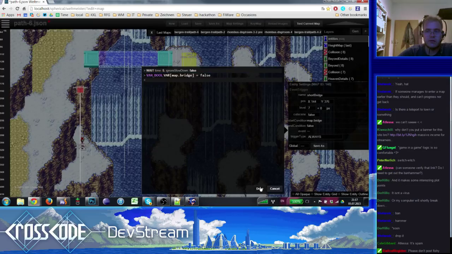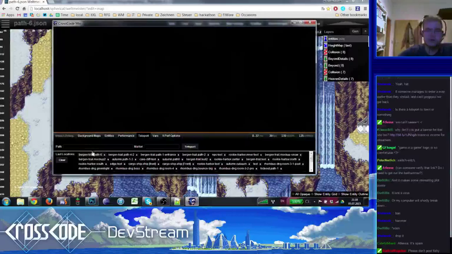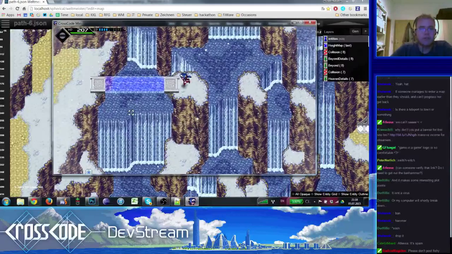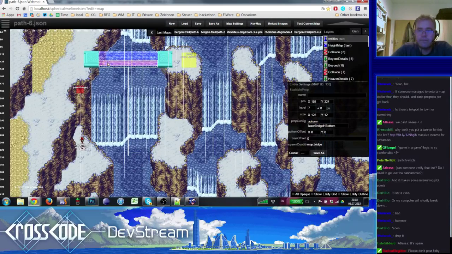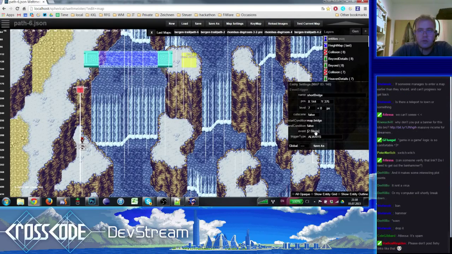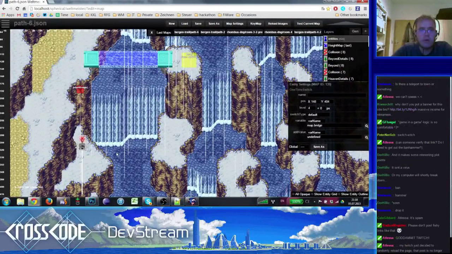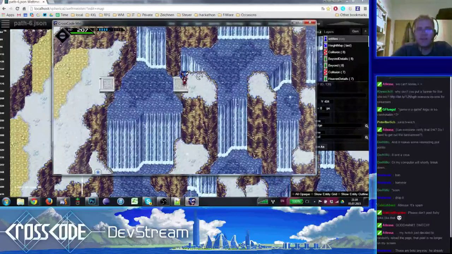Done. Save. And I just want to see if that actually works, because I'm not sure. Then I might need to fix the entity very quick. Oh my gosh. Why is the bridge there? The bridge should... Whoa. Okay, something's messed up already. Map bridge is true. Map bridge is a start condition. Set it to false. Whoa. Oh, I know why. Okay, this is weird. I know why. I just teleported back to the map, but this won't reset the map variables.